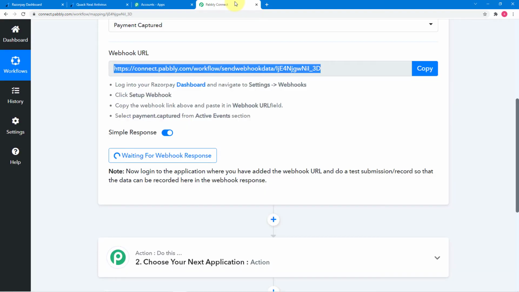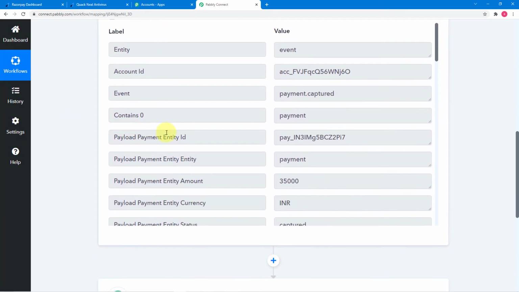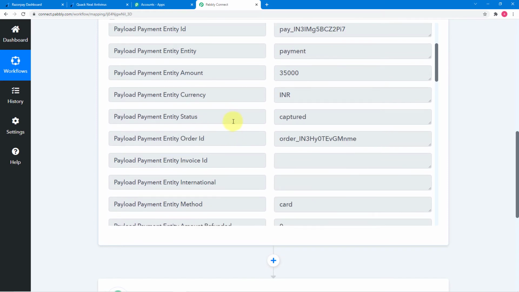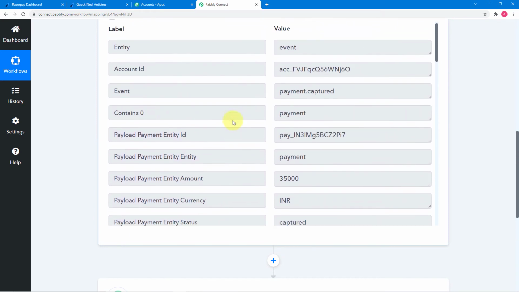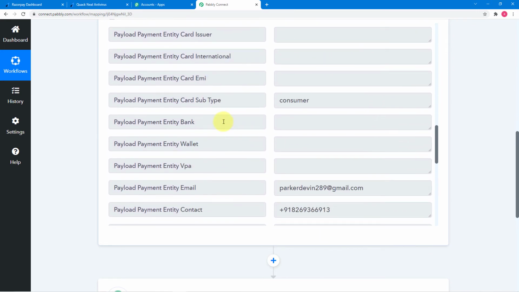Now let's check in Pabbly Connect if the data is captured, and you can see the data is captured of a new payment here like this. Right, so it's showing us the payment amount and all other things like this, right? Now what you have to do,